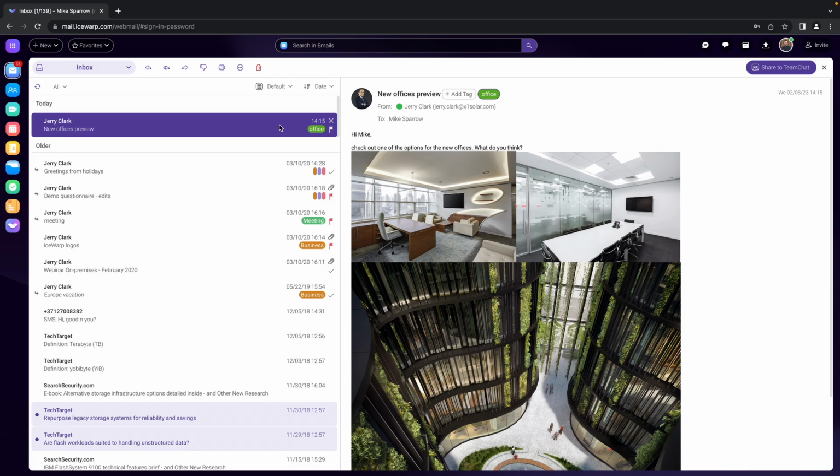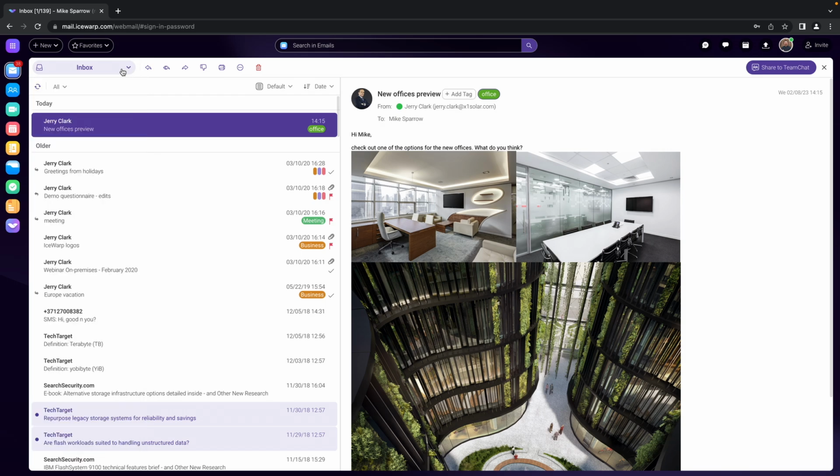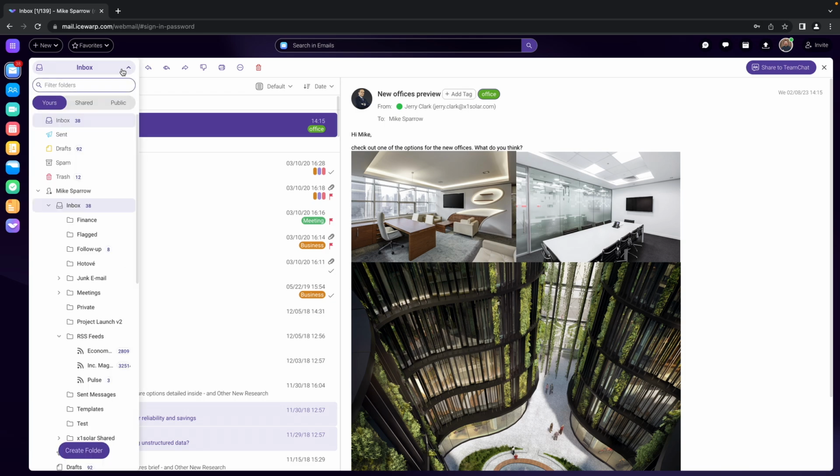So let's get started. At first sight you see that there are folders missing in our web client. Well, not really, you just need to expand them. We were thinking about whether all of our users are actually using those folders, and we found out that not that many users keep a lot of messages inside those folders. So we decided to collapse them and use the entire space on your screen for the messages and things you are actually working on. In case you need to expand the folder tree, just click on it